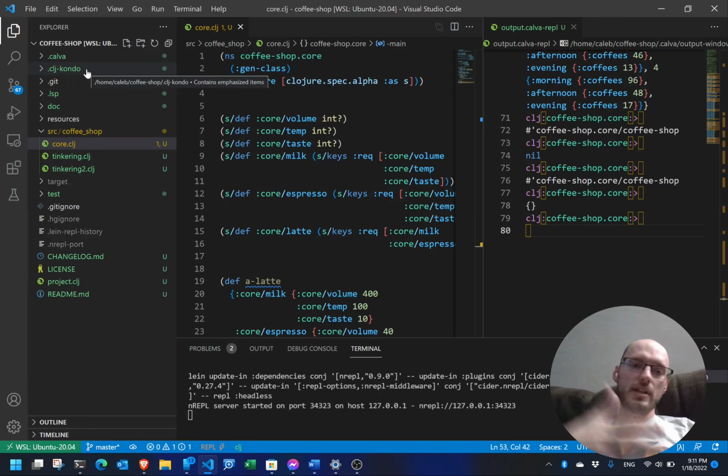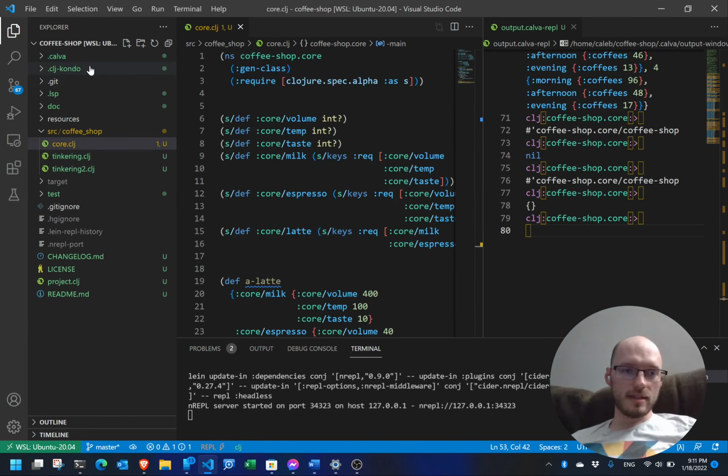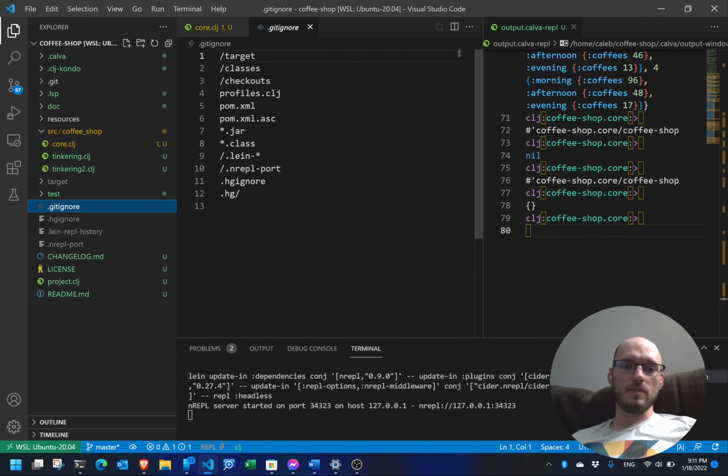If I was to try and re-download all this somewhere else, it's not that important to me that this CLJ Condo or this .calva or this .lsp, I don't really need those to go into the GitHub. So I think if I add a /calva or .calva